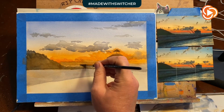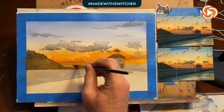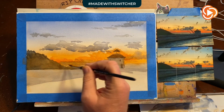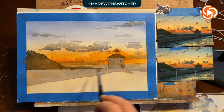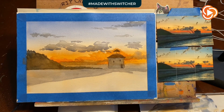I have to watch this. It might come down a couple of times. We'll see. I may have to darken the ground, the hill, and the pump house, and that would give me a chance to glaze in a little bit more blue and clean that up anyway. So before we run to the dryer, I am going to